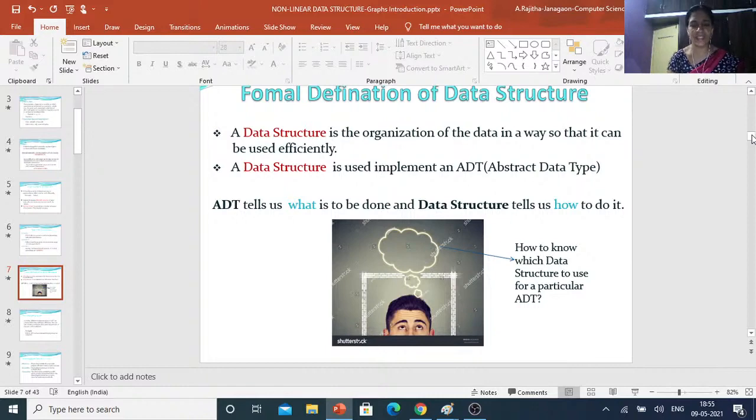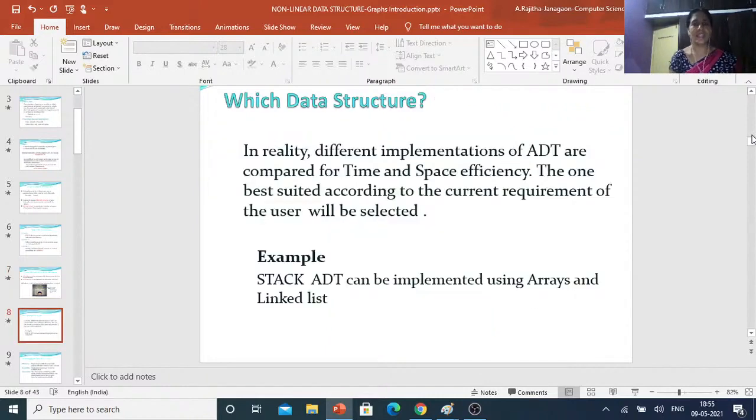Every data structure can use some abstract data type. So how is the data structure selected? In reality, different implementations of ADTs are compared for time and space complexity. Just now I spoke about time and space efficiency.